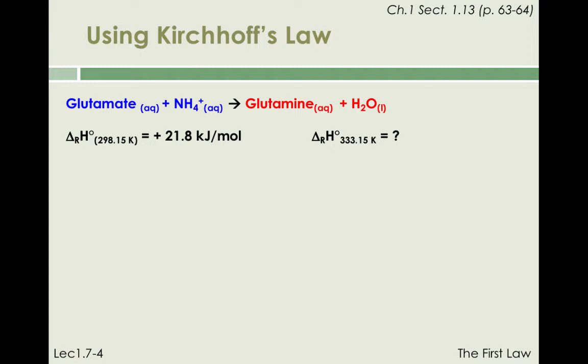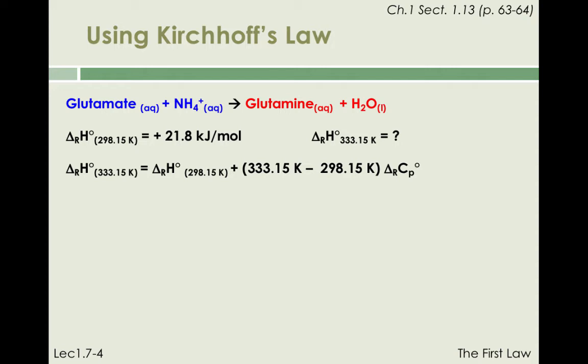And we would like to calculate the magnitude of ΔH for this reaction at 60 degrees Celsius. We write Kirchhoff's law as ΔrH standard at 333.15 Kelvin, which is 60 degrees Celsius, equals ΔrH standard at 298.15 Kelvin plus